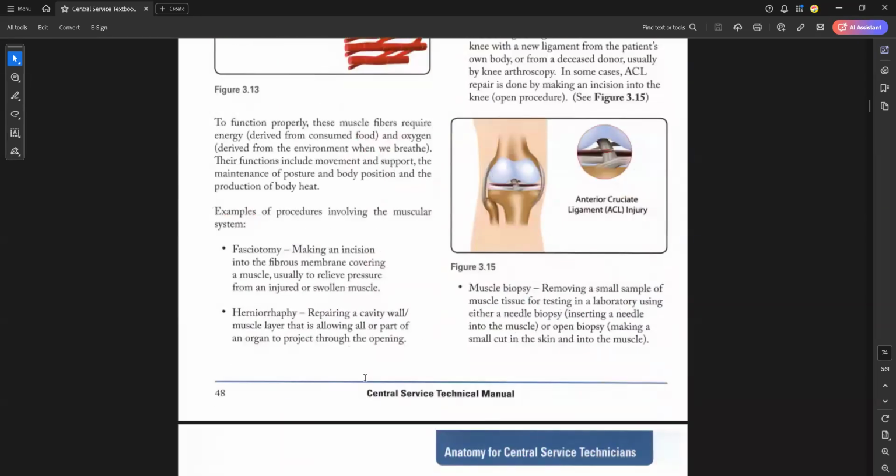Okay, then we have fasciotomy, making an incision. You remember when we were talking about chapter 2, we said we have otomy, ectomy, and ostomy. You see, the otomy is here, making an incision into. Very good. So you see, the otomy there,